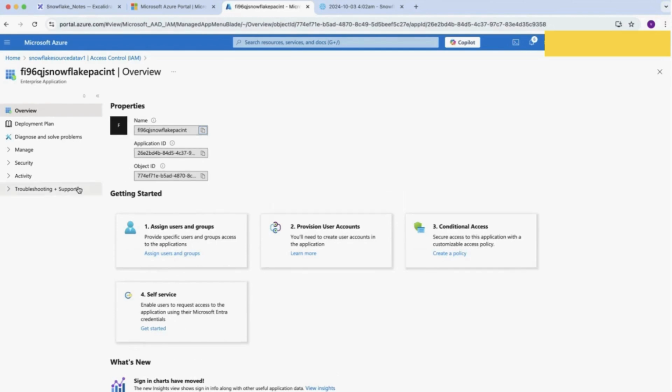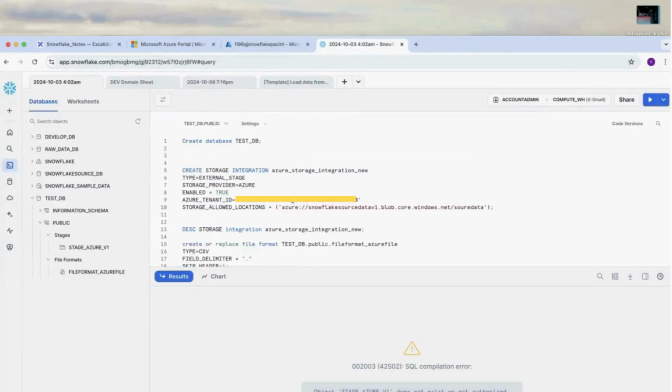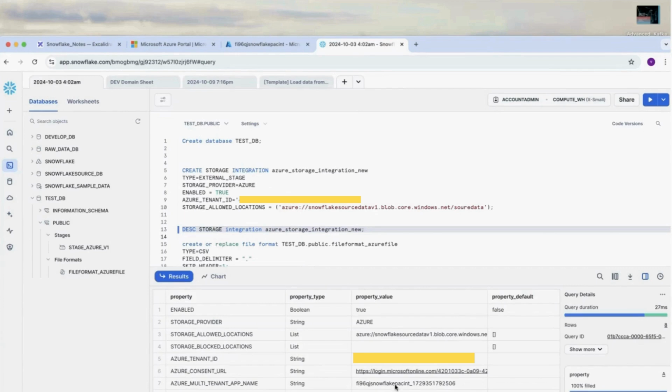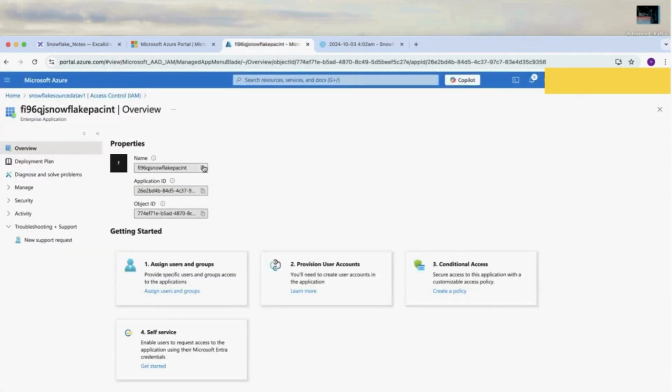Yes, user, okay. We go with the described storage integration. You can see here. Okay,